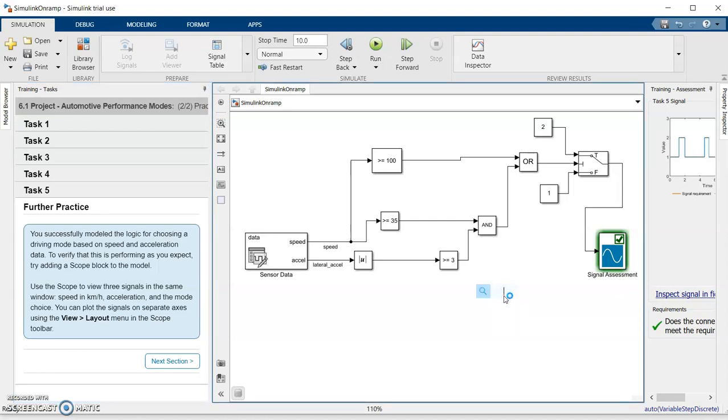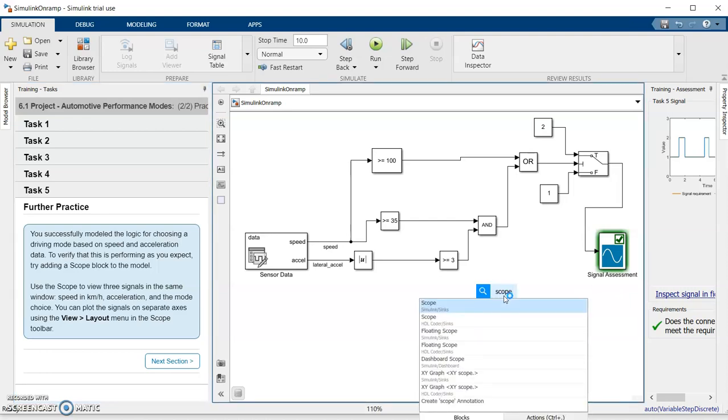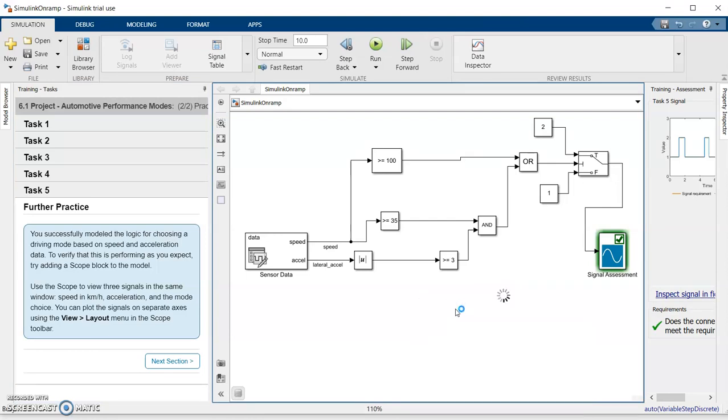I'll double click here and type scope. This will give me the scope. Now I want to see three signals together: speed, acceleration, and mode. So how to do that? I can go to the layout menu in the scope toolbar. We have done a similar thing earlier also, so you can try this on your own as well.